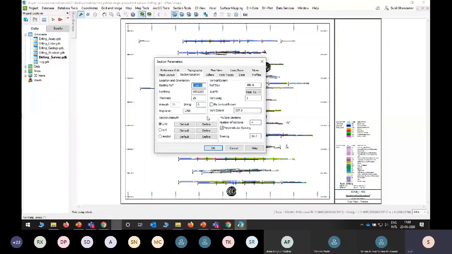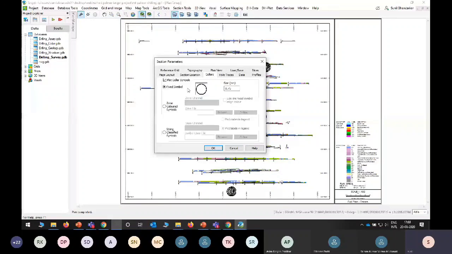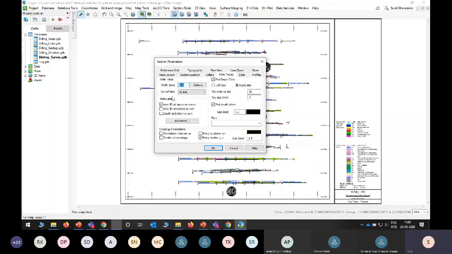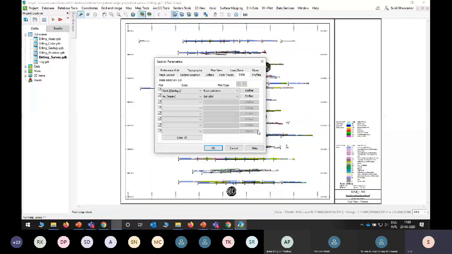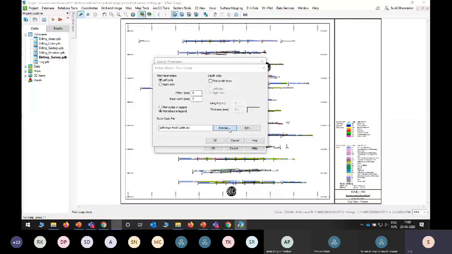Then color data should have some symbol. Hole traces is the same thing. Then in data, within the cross section, what we would like to visualize, we need to define a color code file.